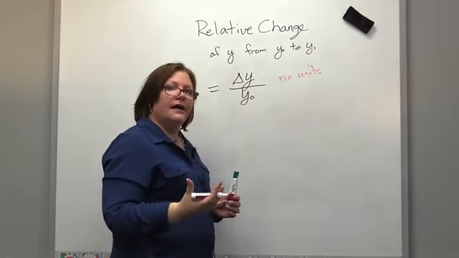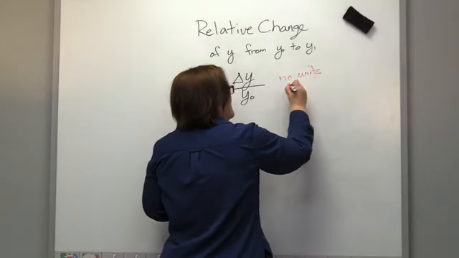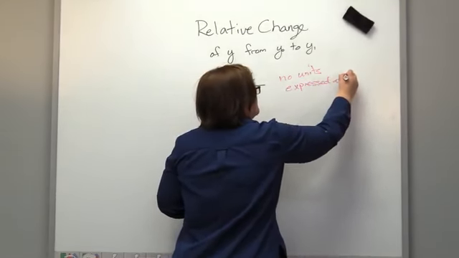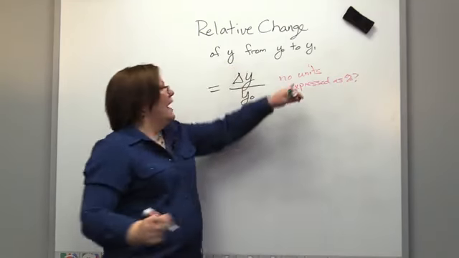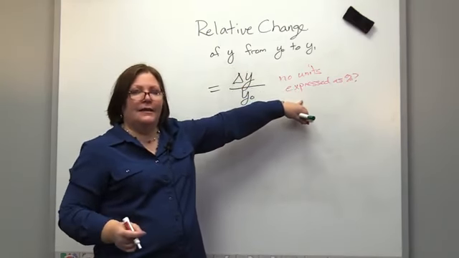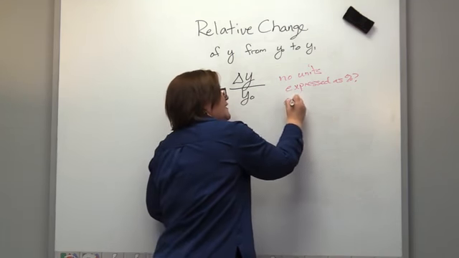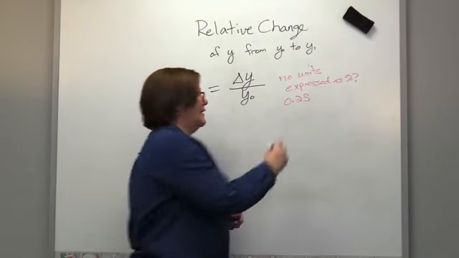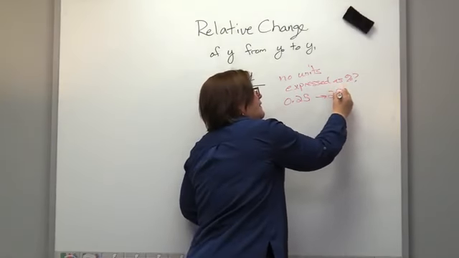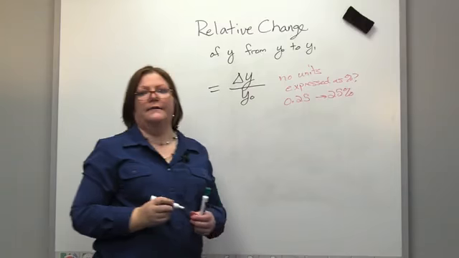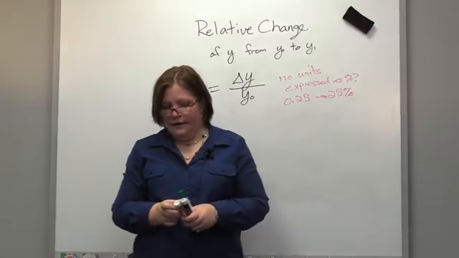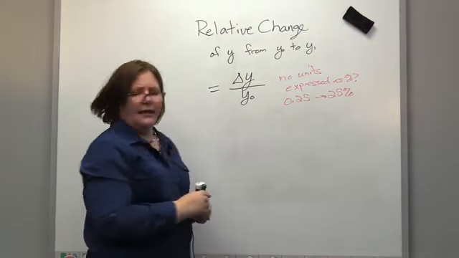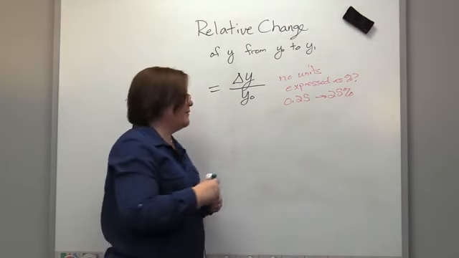But a lot of times it can be expressed as a percentage. Not all the time, but many times it can be. So when you calculate your number and you get 0.25, you might change it to 25%. So let's look at an example, the data from number 46,